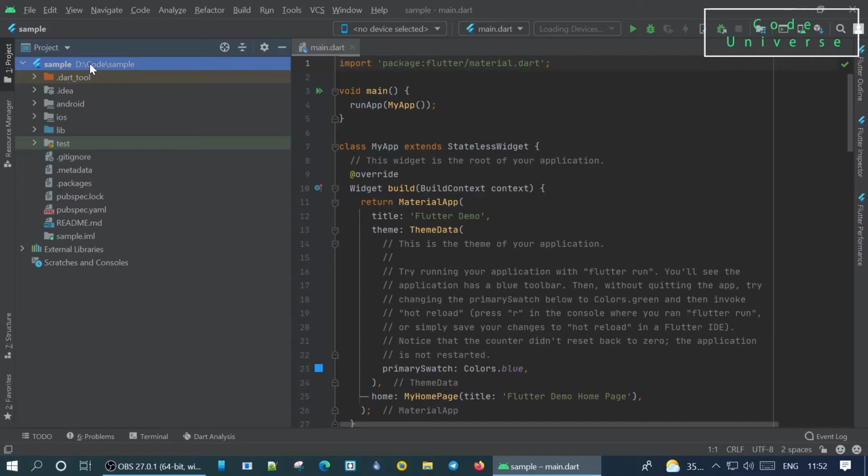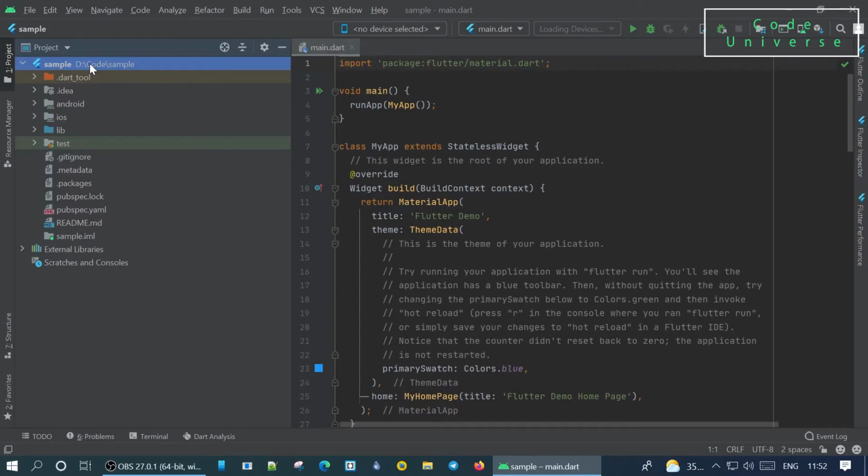The next file is the pubspec.yaml file, and this is an essential file containing all Flutter project related information like project name, project details, SDK version details, third-party packages or dependencies used in your project. It also has assets like image files and fonts you want to use in your project. Next comes the readme.md file. This is an optional file provided for developer reference. Any developer can add different kinds of information about Flutter projects so that other developers can read and understand it.